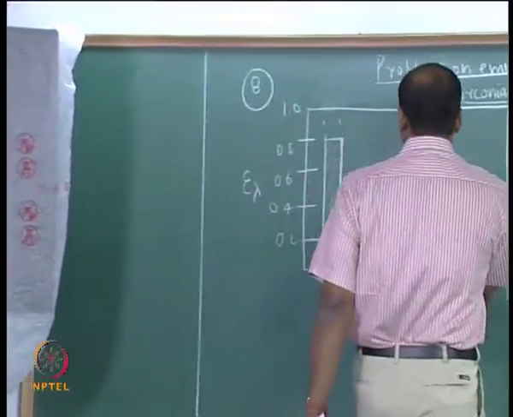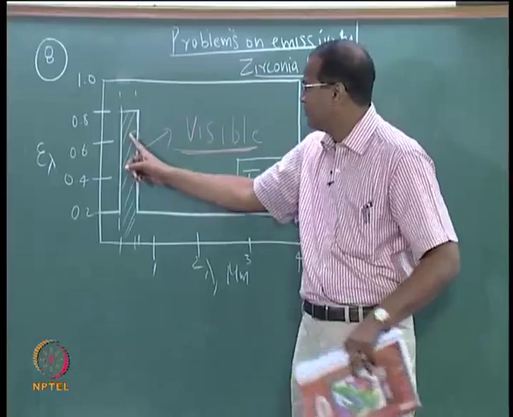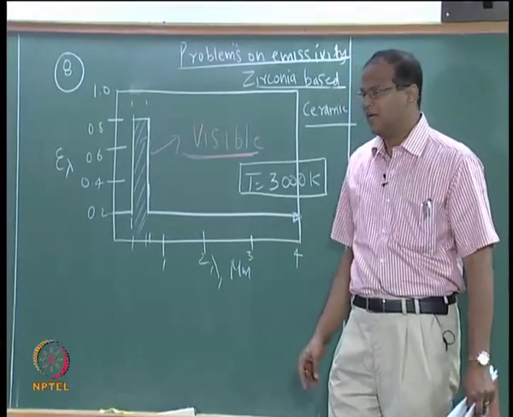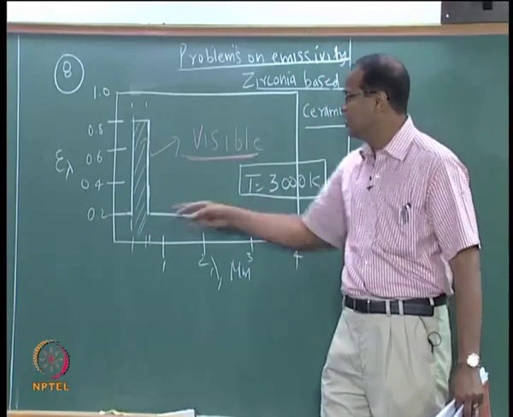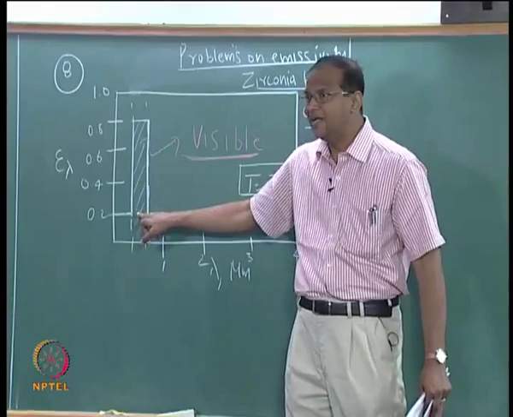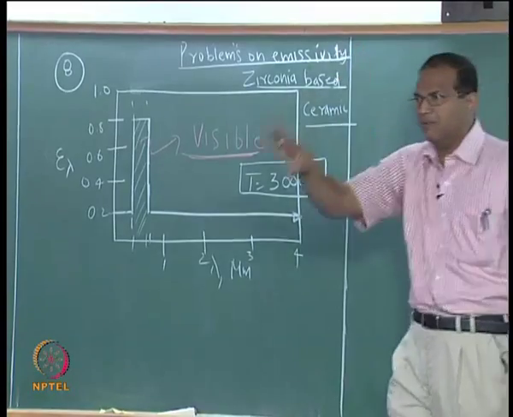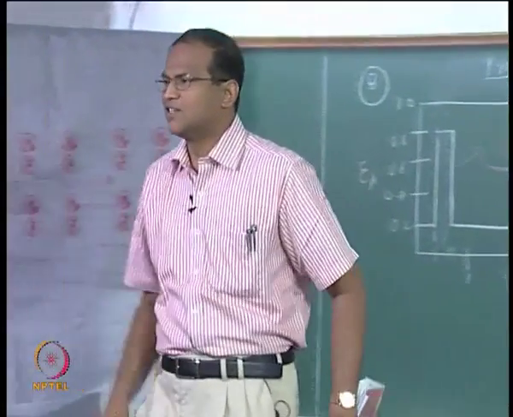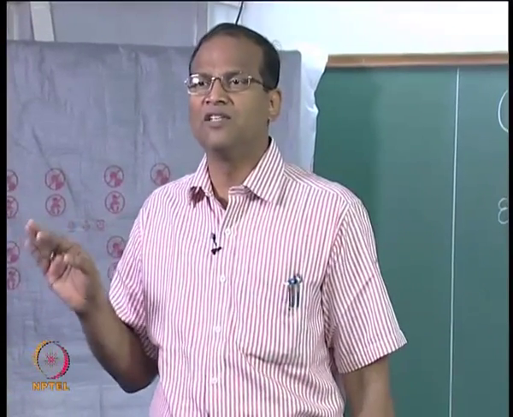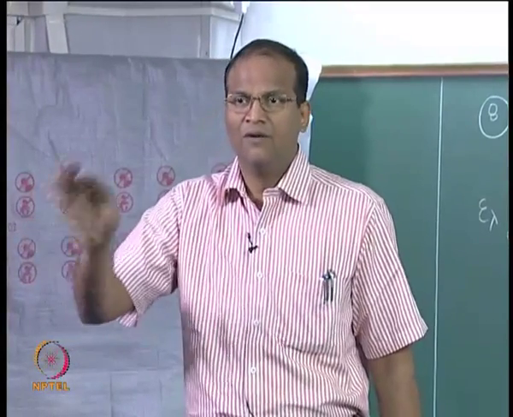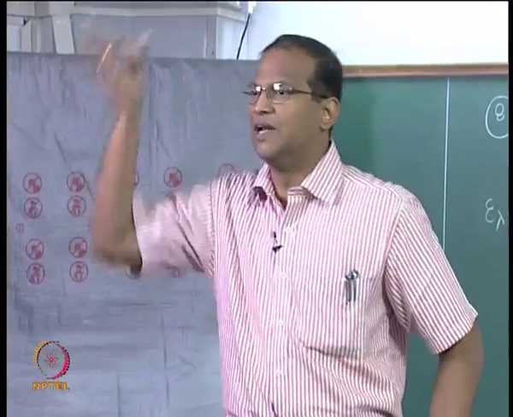Now epsilon lambda versus lambda is like this for the zirconia based ceramic. For the visible part of the spectrum, it has got a high epsilon lambda which is 0.8. For the remainder of the spectrum, that is less than 0.4 and greater than 0.7, it continues to be 0.2. It is showing a spike in the visible part of the spectrum. Now assume that in your tungsten bulb everything is remaining the same. You pull out the tungsten filament, you are replacing by zirconia filament. Now we want to compare what will be the power consumption of this zirconia bulb. What is the ratio of the power consumed by the zirconia bulb to the power consumed by the tungsten in the visible part of the spectrum, which will give more light.